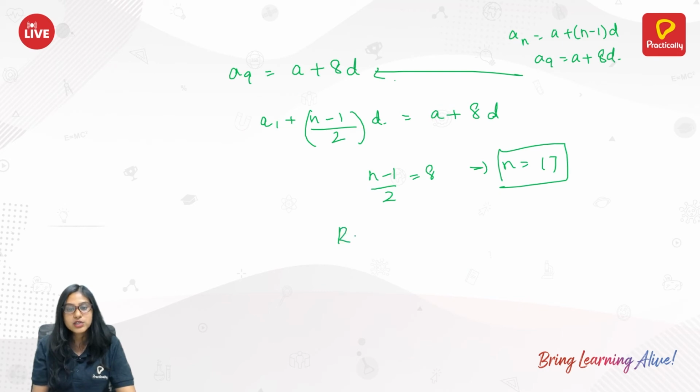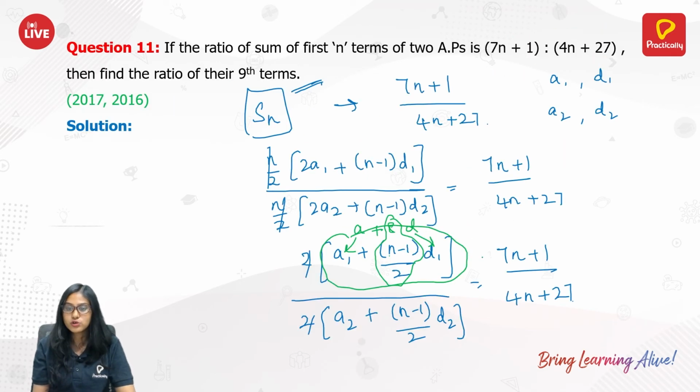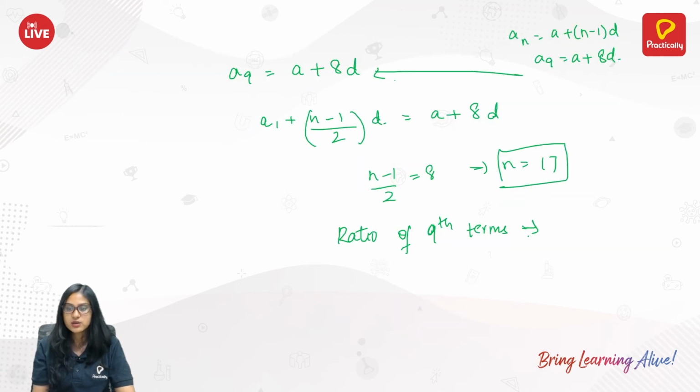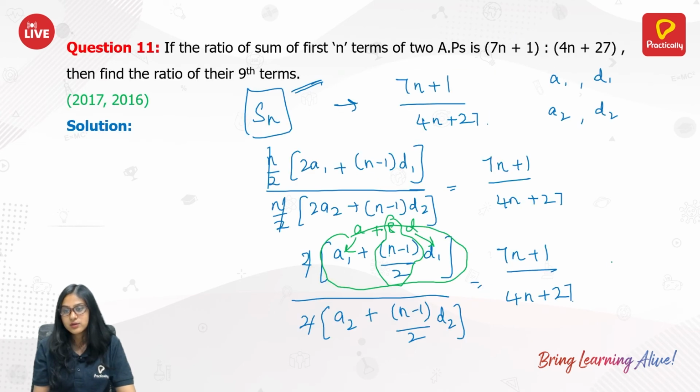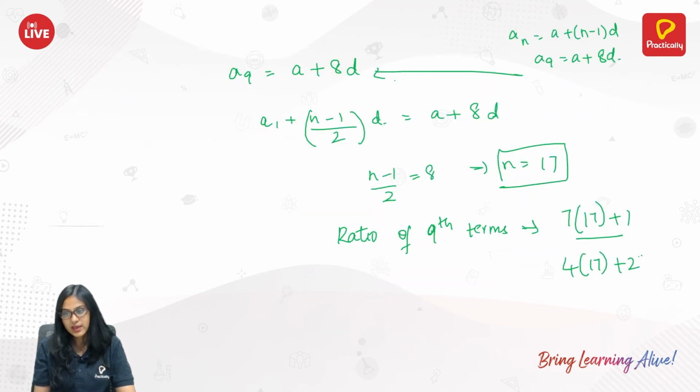Now, what is the ratio of 9th terms? Substitute n equals 17 here: 7 of 17 plus 1 by 4 of 17 plus 27. Okay, let's do it. 17 into 7, 7 sevens are 49, 7 ones are 7, plus 4, 11. So, 120